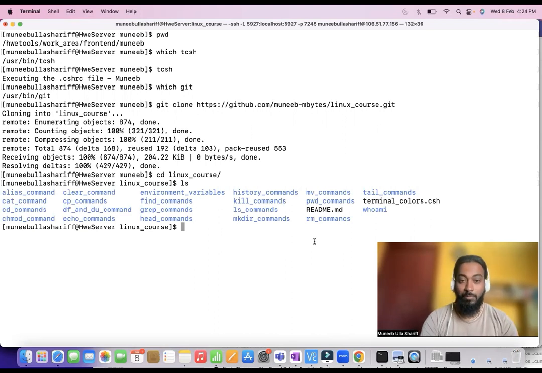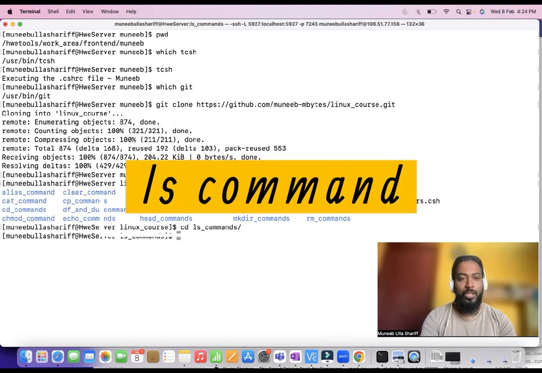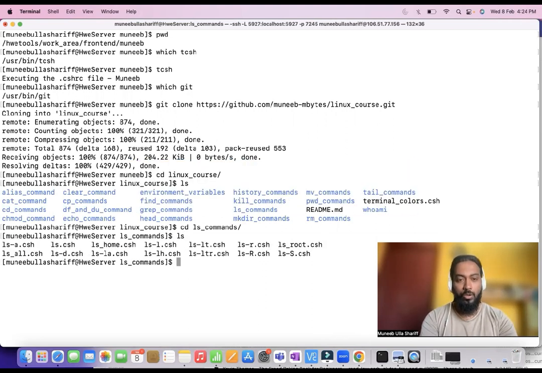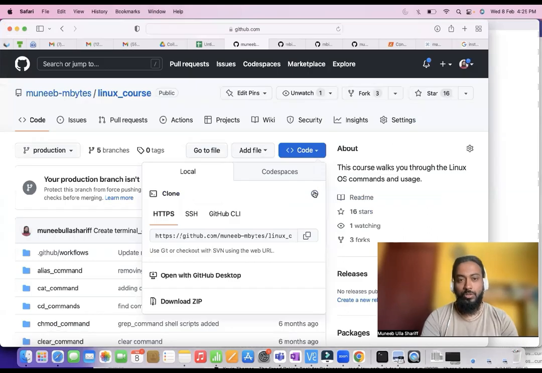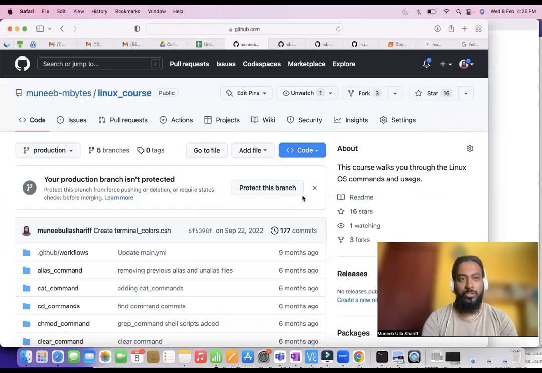And as I showed you the wiki page, you can go through each command in detail and come here to execute. So let's say you're interested in the ls command. You can cd into this directory. Once you cd, you can see a lot more variations of the ls command. So you can do source. Let's say I'm interested in learning the ls -a command. The corresponding info is in the wiki page, so let me go there. If I come into the wiki page,